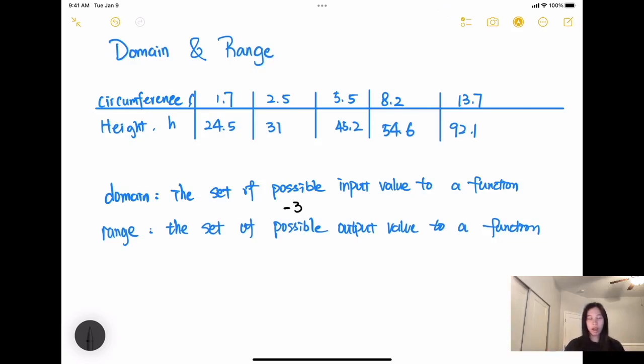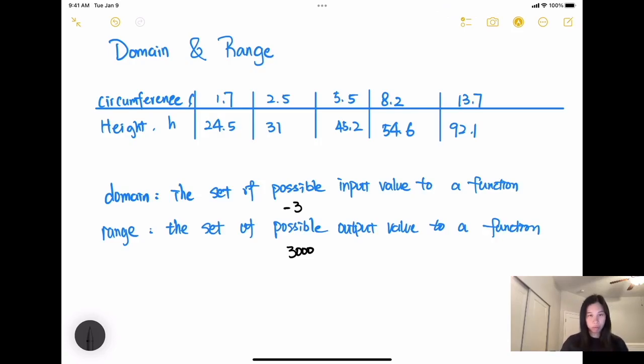Similarly, the tree can't grow 3,000 feet high. This is really impossible, right? So we could combine the data that we had with our own experience and reason to approximate the domain and the range